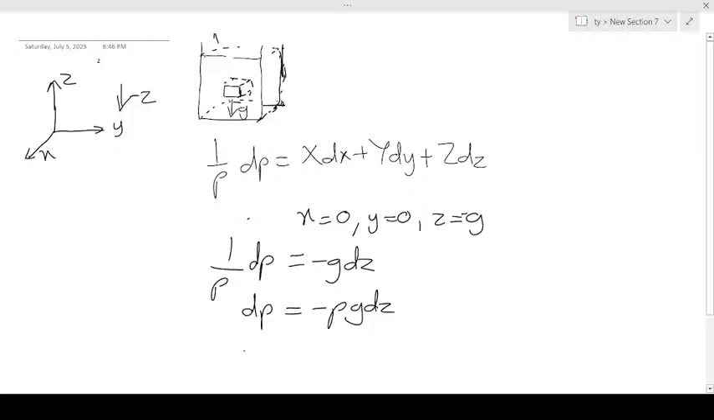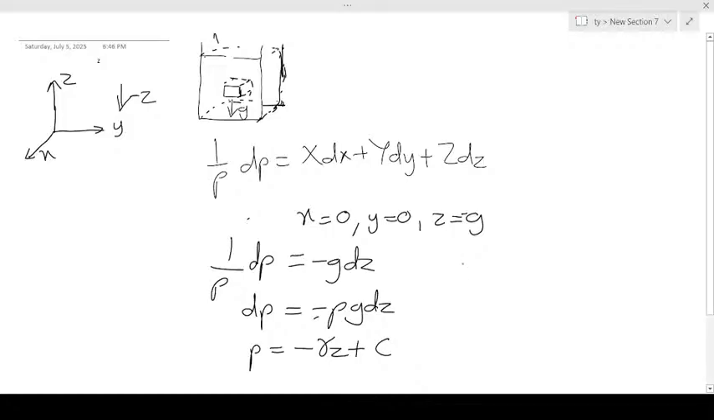So that means now, integrating this, we have p equal to minus gamma z plus c, since this is an indefinite integral. So now we want to find the value of c. So let's take some known conditions. So if we go to the surface of a fluid, if we pick the point on the